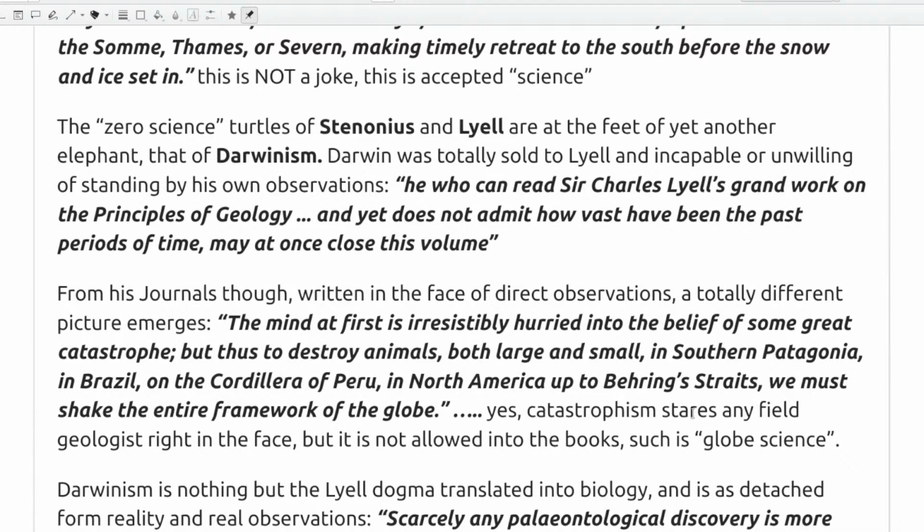The zero science turtles of Stenonius and Lyell are at the feet of yet another elephant, that of Darwinism. Darwin was totally sold to Lyell and incapable or unwilling of standing by his own observations. "He who can read Sir